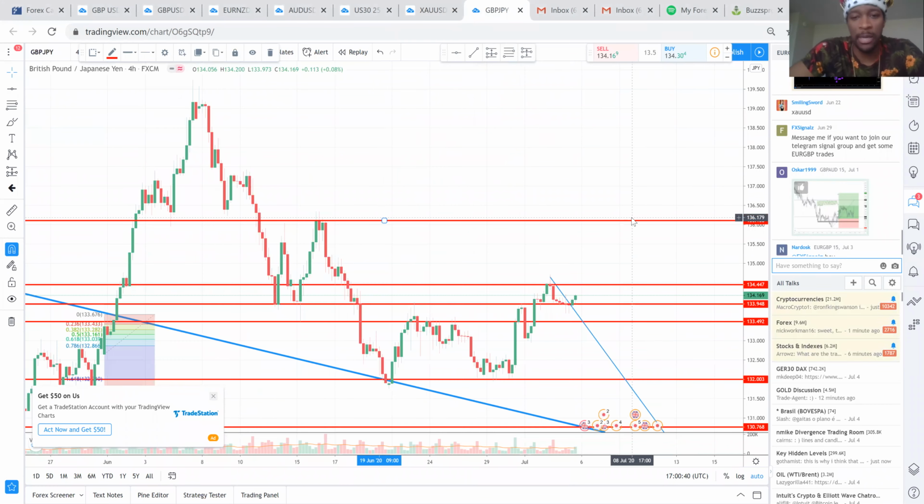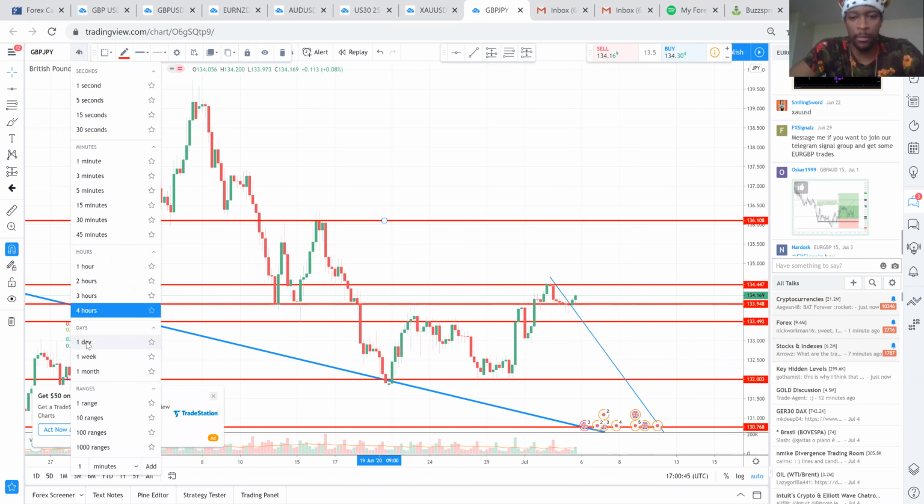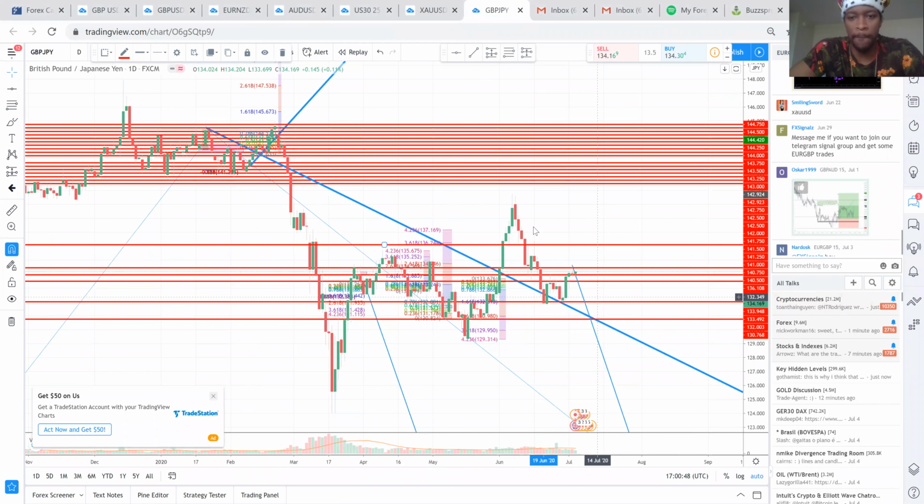And now look at GBP JPY. So let's go to the 4-hour chart. So we got this pair. It's going to break and go to the upside, it seems like. And if it tests this area, it'll probably come back down. Or we can see it reject this area and then play around, come back down to test this area. And if it breaks this area here, it'll go down to this area.